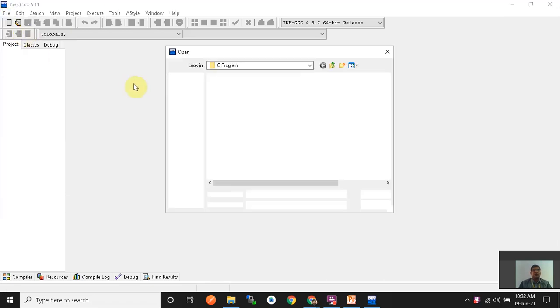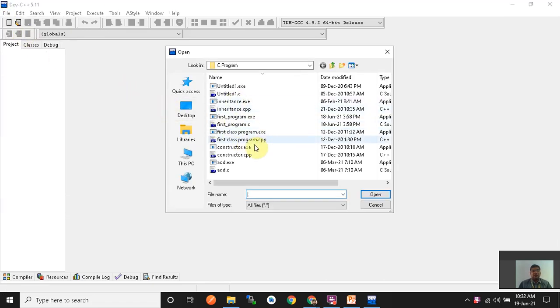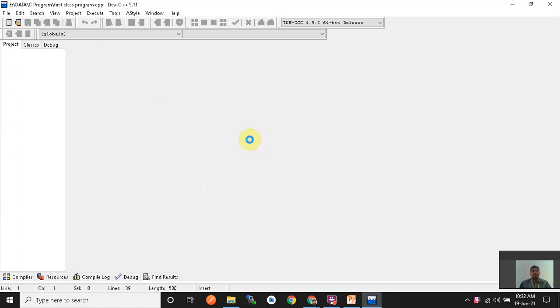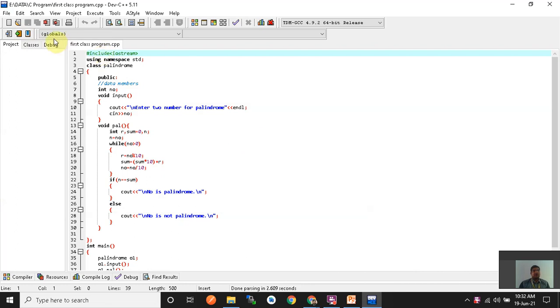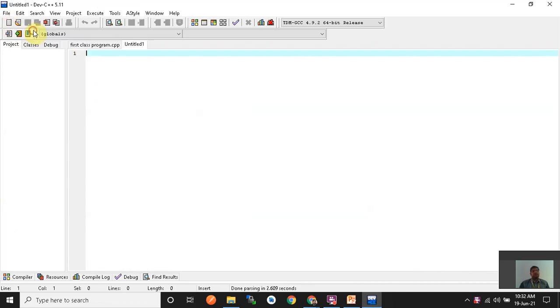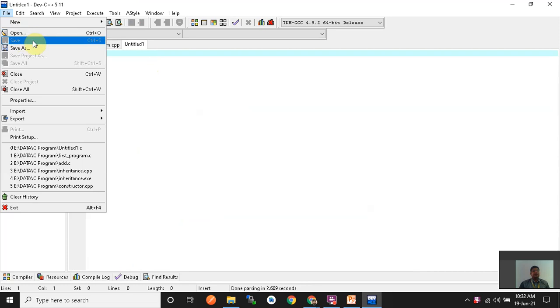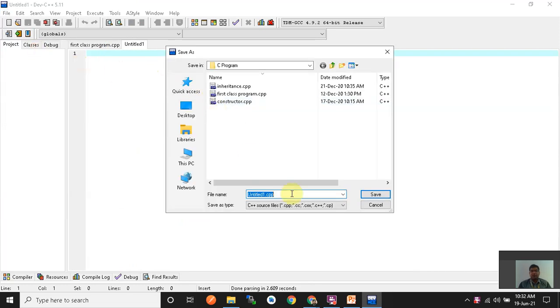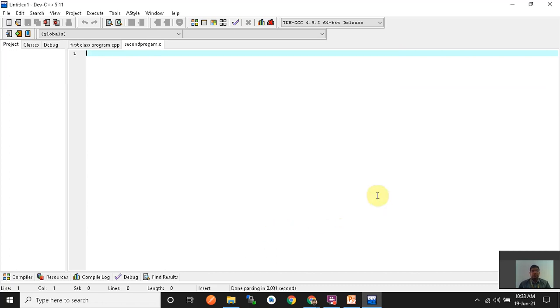So now we open the previous program, named first class program, and save it. Give the name of this second program, convert it into a C file, and save it.